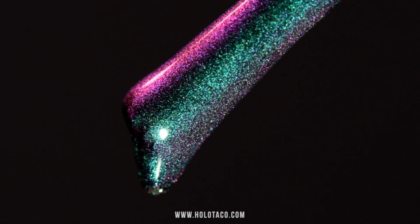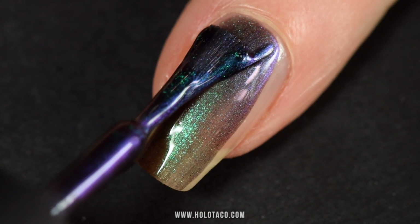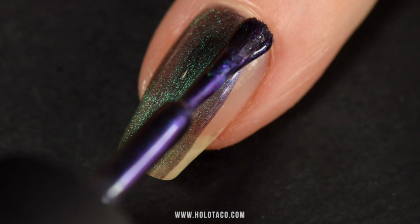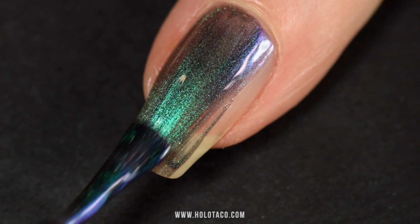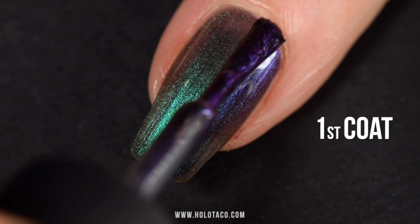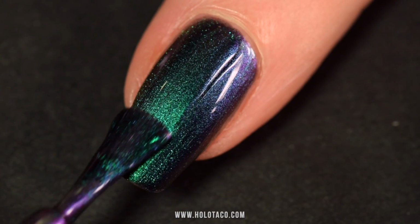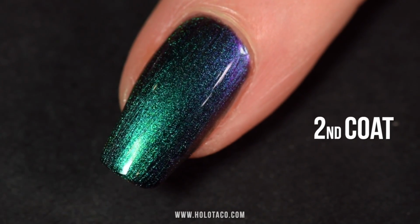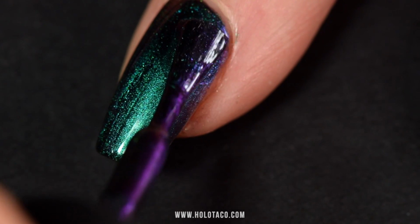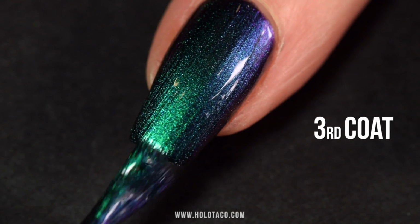All 5 shades are designed to be opaque in 2 to 3 coats. They will apply somewhat sheer on the first coat, but as with all multichrome polishes, I recommend building them up in thin coats rather than thick coats, or else you may see more brush streaks. So start with 1 thin coat, try to paint in nice even long brush strokes, and then by 2 coats you have great coverage, and I more or less use the 3rd coat as an opportunity to get the straightest brush strokes. That's not necessary, but I recommend it to get that perfect multichrome brush stroke for that super even